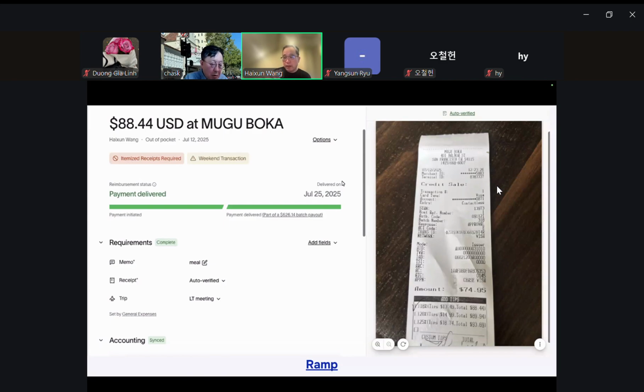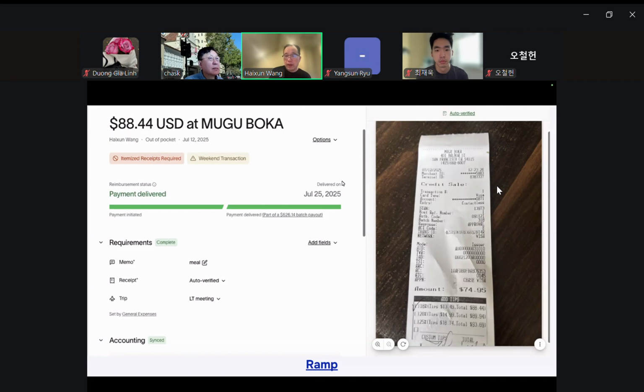I checked the first option, which is 18% of the tips, so the total amount is $88 and 44 cents. And on the left hand side, you see it actually extracts $88 and 44 cents, right? So it can understand the check mark, which is manually checked. So it's not that trivial.